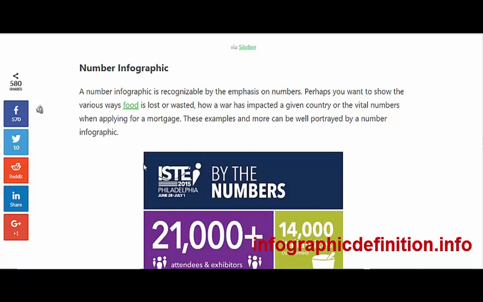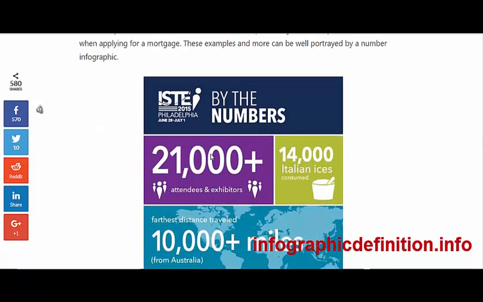Perhaps you want to show the various ways food is wasted, or how a war has impacted a given country, or the vital numbers when applying for a mortgage. These examples and more can be well portrayed by a number infographic. There we go, by the numbers, 21,000